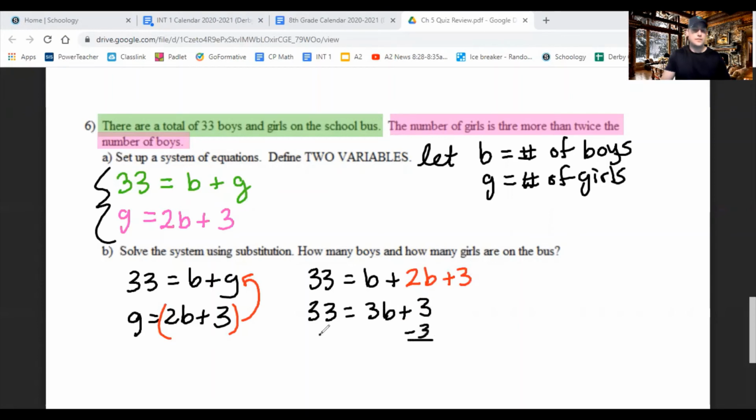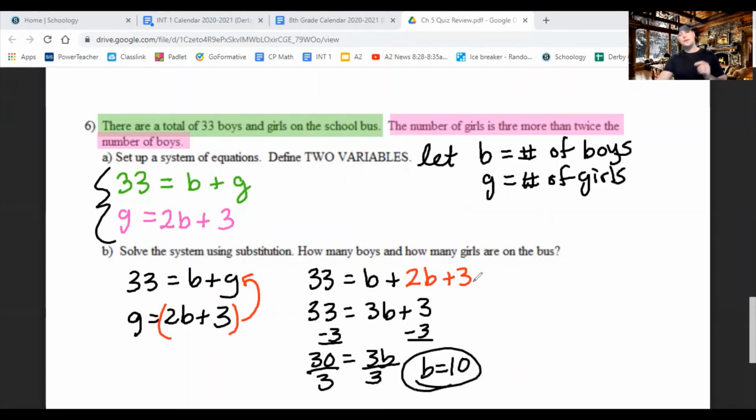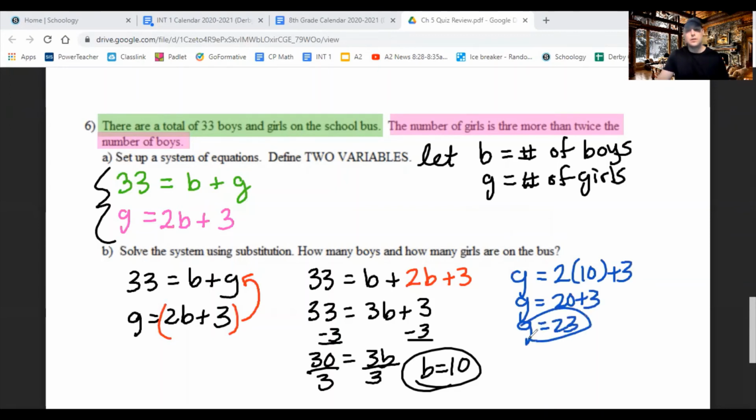Get rid of the 3. We got 30 equals 3b. Divide by 3, and b equals 10. We believe there are 10 boys on this trip. Let's go figure out the number of girls. Take that number of boys, 10, and put it in place of the b in the girls' equation. Real quick, we believe there are 20 plus 3, or 23 girls. We believe our solution to be, we'll write it over here,